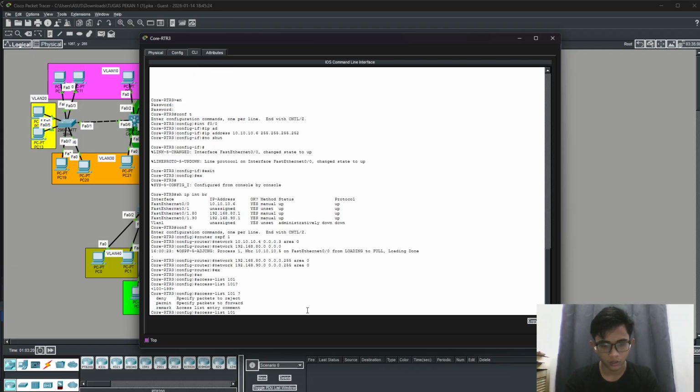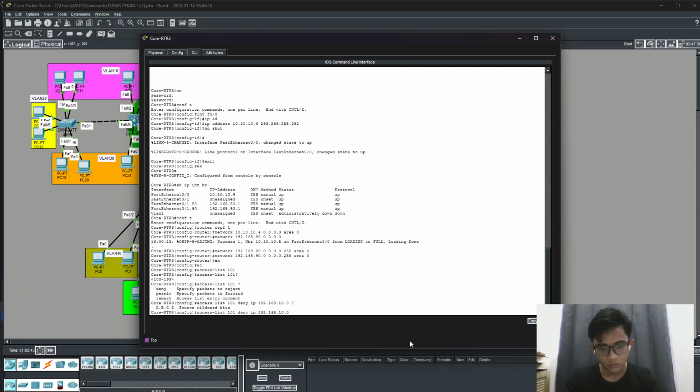It's a deny, I guess, because we reject. Deny IP from VLAN 10, the 10.0 subnet, and we use wildcard, I guess.